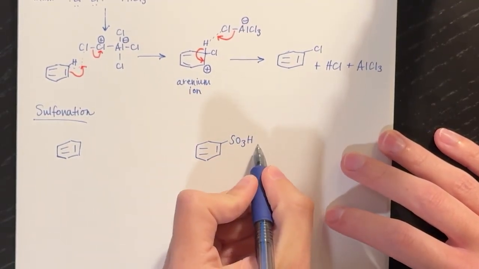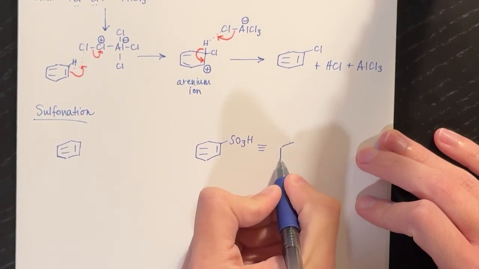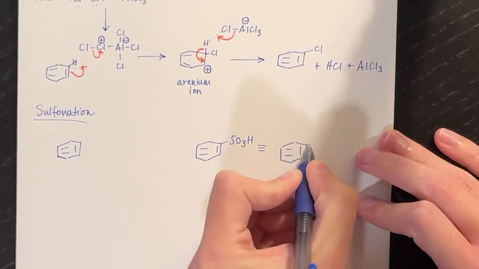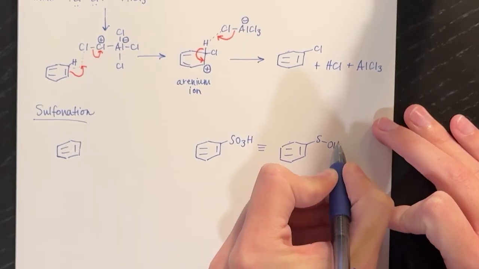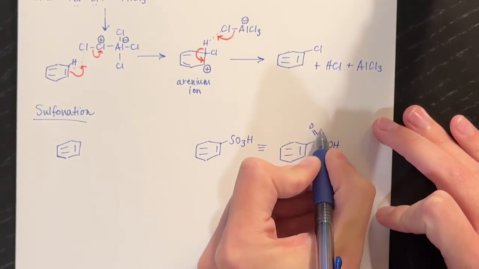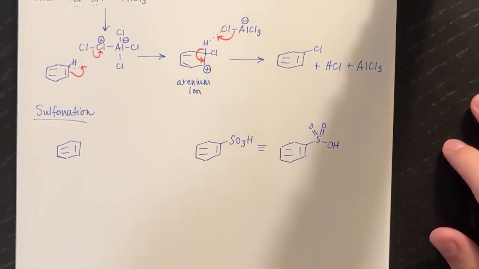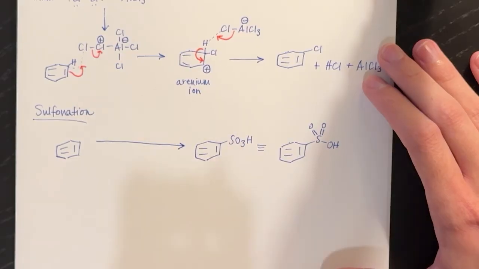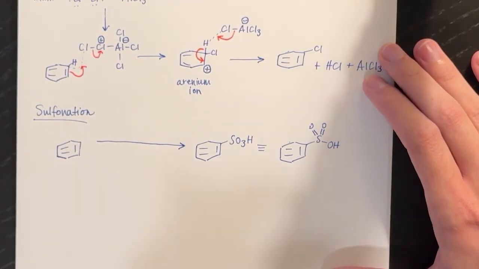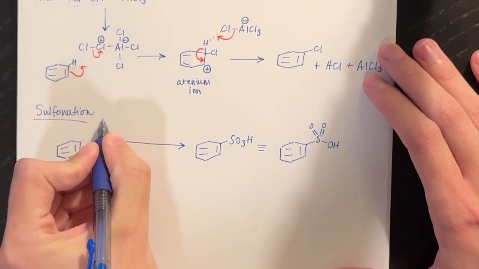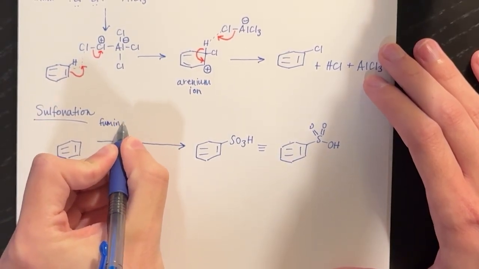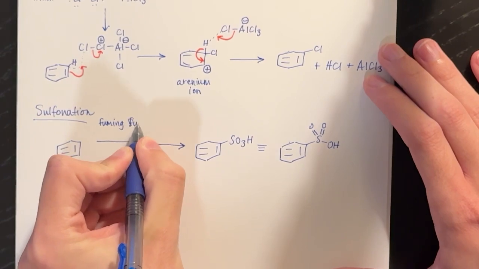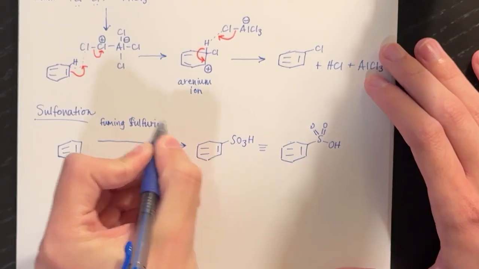So what does that SO3H mean? Well, it's kind of like having sulfuric acid attached to your molecule. And, maybe not too surprisingly, the way you make a sulfonated benzene ring like this is by treating it with fuming sulfuric acid,